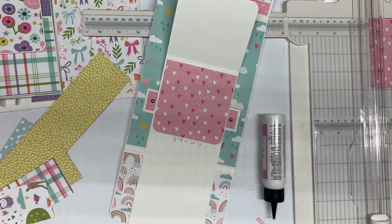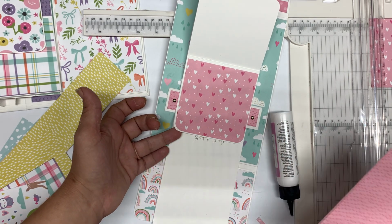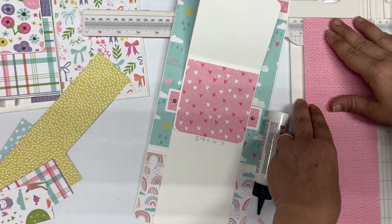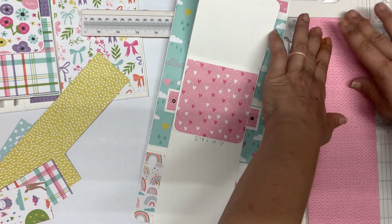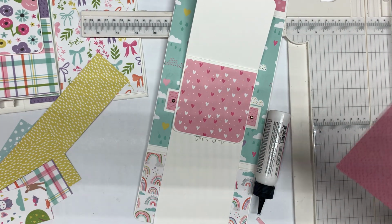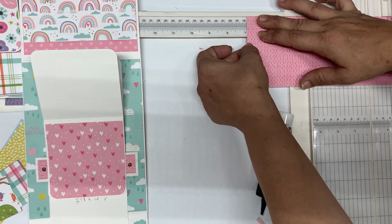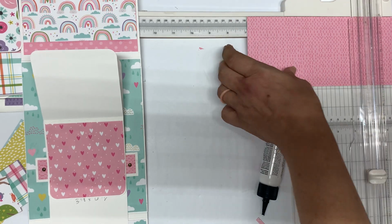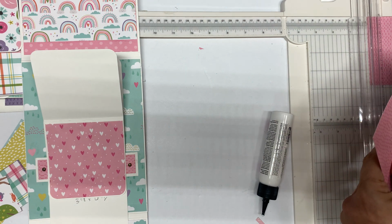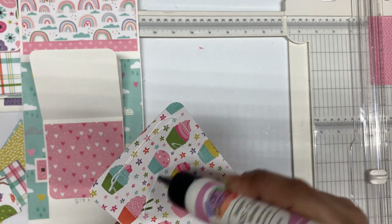But I think we can still do it. I'm gonna cut this down to 3 7/8 by 6 7/8. And round my corners for the bottom. Add my adhesive. And